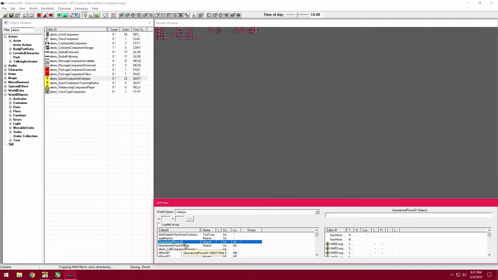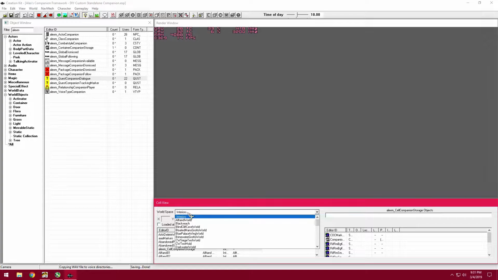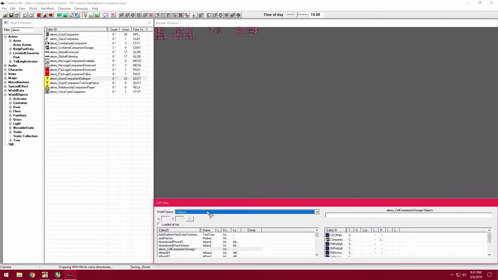That's great. Anyway, the first thing we can do is go down here. If you want to place them in an interior, select interior. If you want to place them somewhere outside in Tamriel, go to Tamriel. However, in my case, I'm going to place her somewhere inside, so I'm going to select interiors. This will filter for all the interior cells. And I'm going to place her, for example, let's see,